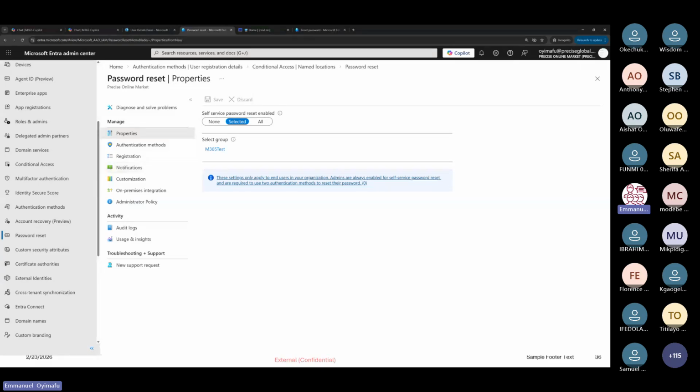So if, for instance, the user initiates self-service password reset, and after the person resets his password, I remove the person from this group, next time the person forgets the password and tries, the person will not be able to, because the person has been removed from the group. So removing a user from the group removes the capability of self-service password reset for that user. That's just the number one question.